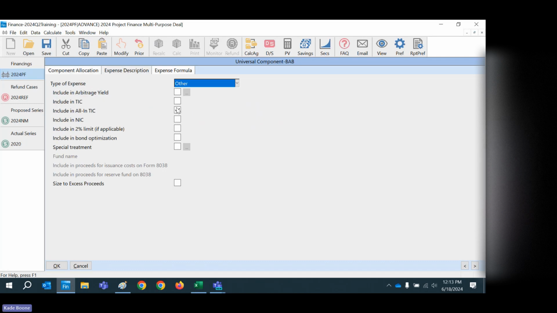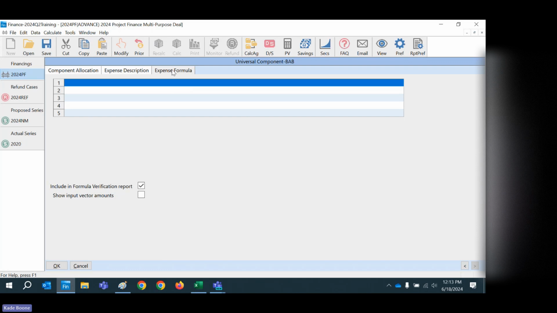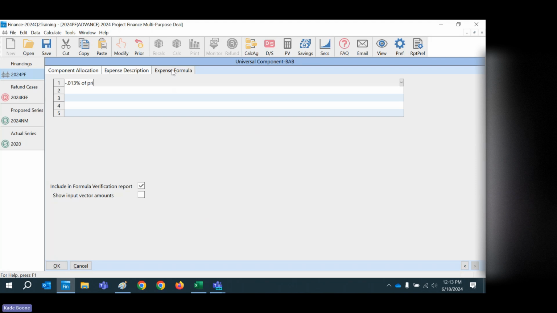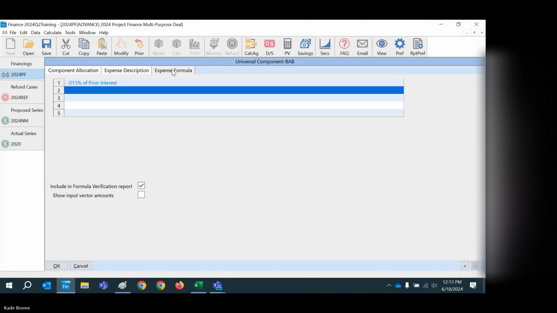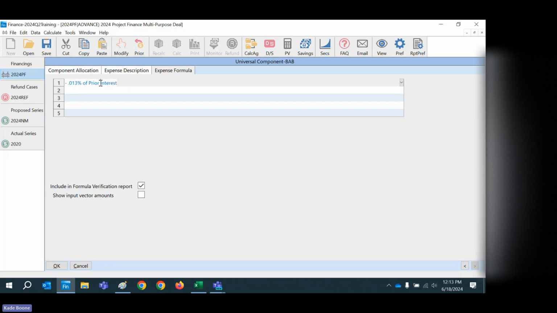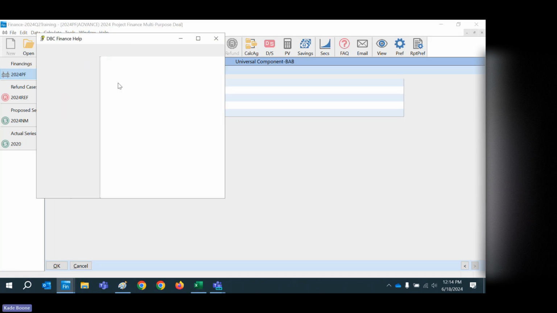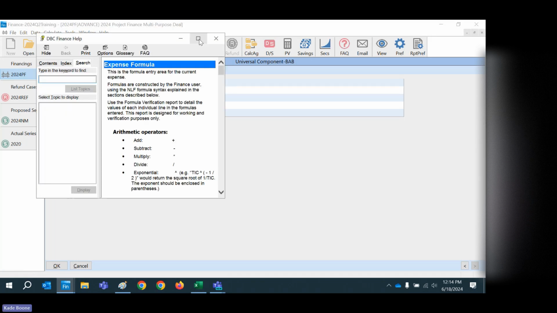So when you determine what's included, what's not included, what yield, but you could say minus 0.13 prior interest. Now, if you don't type it in correctly, you'll notice you'll get a noise. It'll say general data error. Okay. It's real finicky. Again, F1, I would say, in terms of using the search,